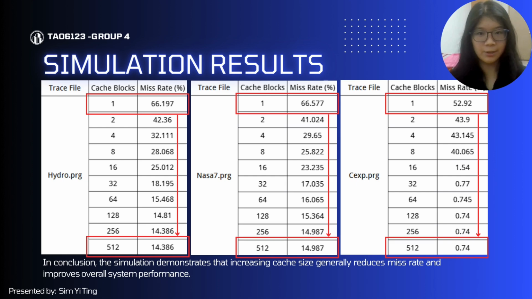Looking at our simulation project, we analyzed the miss rate of several trace files using different cache sizes, scaling from 1 to 512 blocks. Overall, the result shows that the miss rate decreases as the cache size increases. For example, Hydro.prg reduced from approximately 66% miss rate at 1 cache block to around 14% at 512 cache blocks. Similarly, NASA7.prg decreased from about 67% to